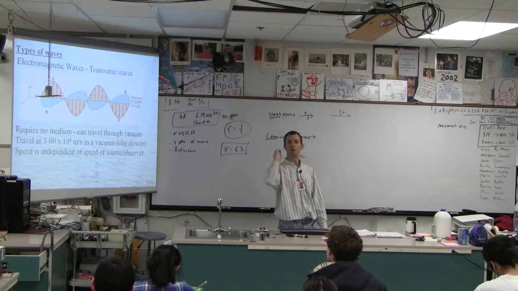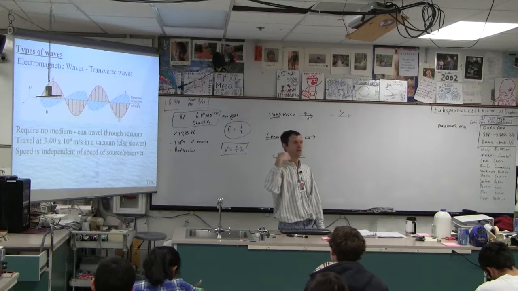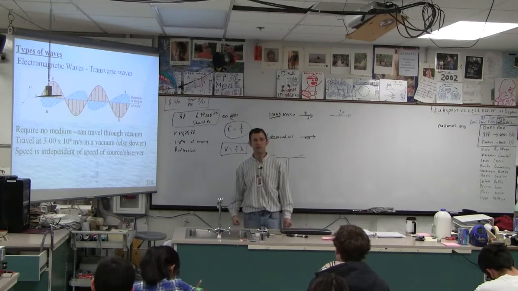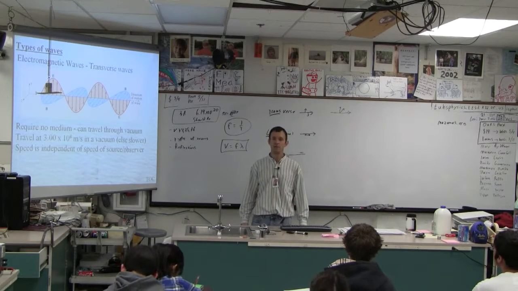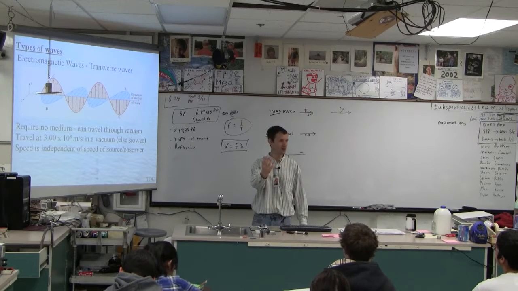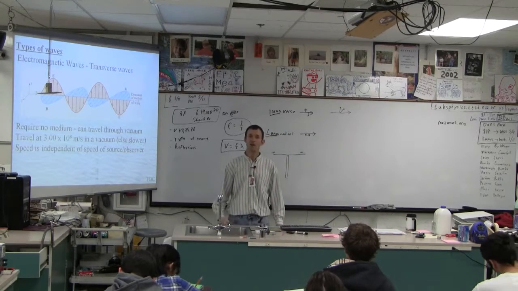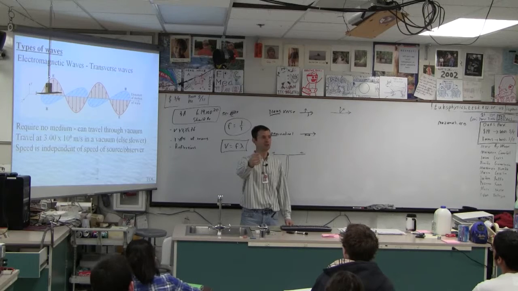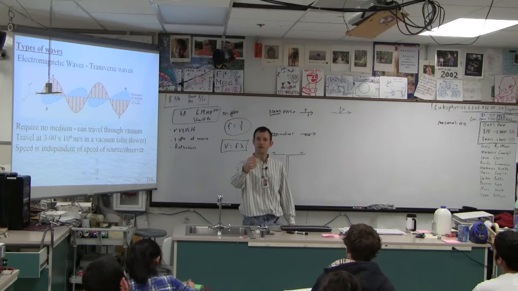So if I turn my flashlight on and shine it at Kevin, Kevin sees the light coming toward him at the speed of light. If he runs at half the speed of light toward me, he sees that light from my flashlight at the speed of light. It's blue though. If my flashlight was white looking, it would actually be blue shifted, but he'd still see it at the speed of light. Now if I ran toward him at 3/4 the speed of light with my flashlight and he sat still, he wouldn't see it at 1 3/4 the speed of light. He'd see it at the speed of light.